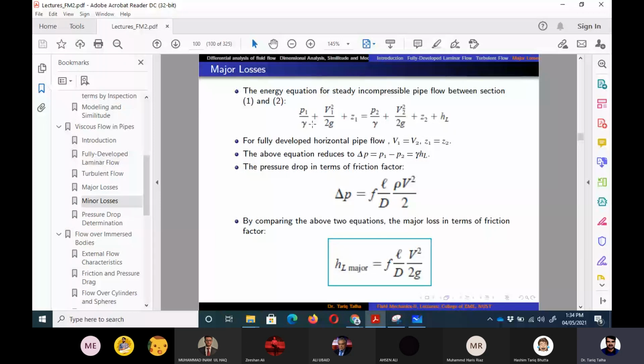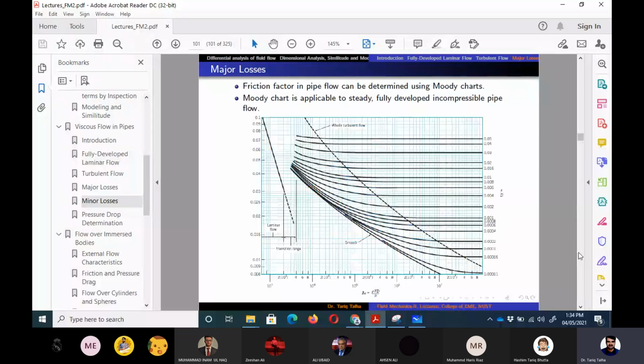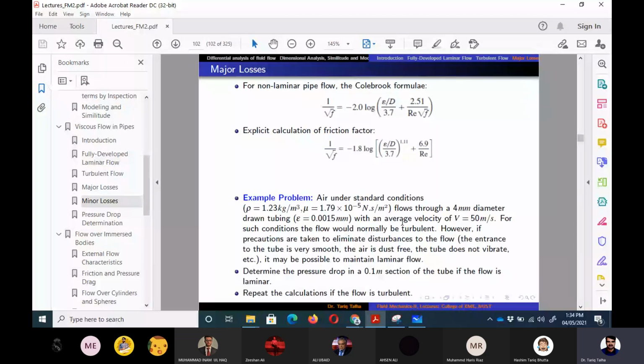properties of interest. Okay, so we did a numerical problem in the last class to determine friction factor and pressure drop. So I hope that is understandable to everyone. So if there is any query from the last lecture or from the lectures of previous weeks, you can ask now. Otherwise, we can start today's lecture.